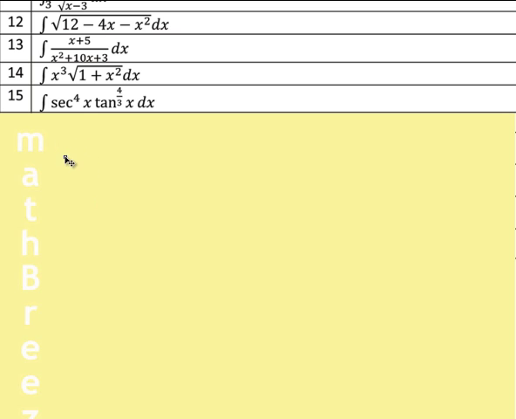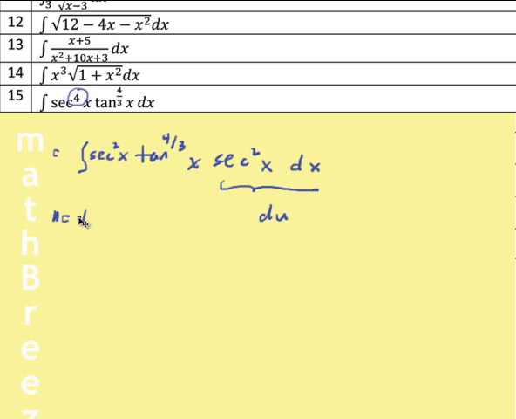And let's look at number 15. So number 15 has an even exponent for secant, so that fits into the category where we pull off a secant squared. And so here we're left with secant squared. This is derivative of tangent, so u is going to be tangent. Alright, and we're going to do a substitution for secant squared. Tan squared plus 1 is secant squared, so this is tan squared x plus 1. So changing over to u, we have u squared plus 1,